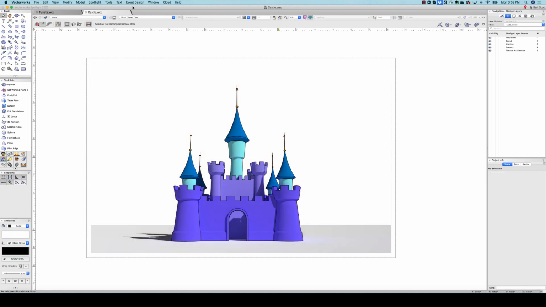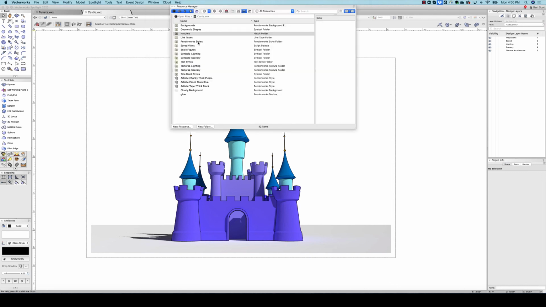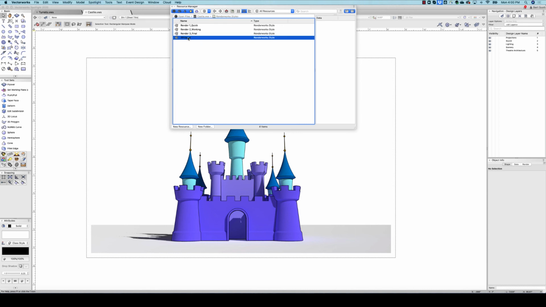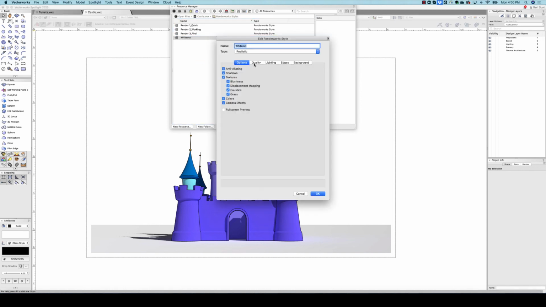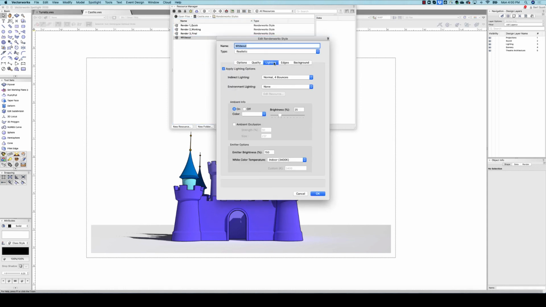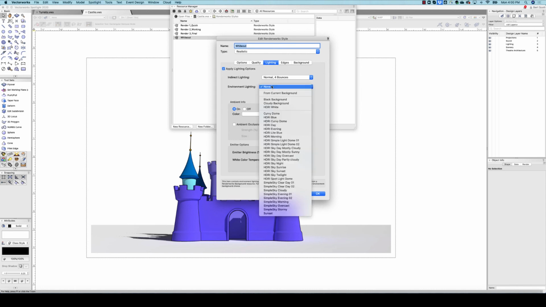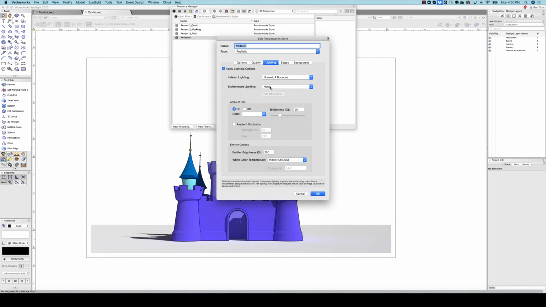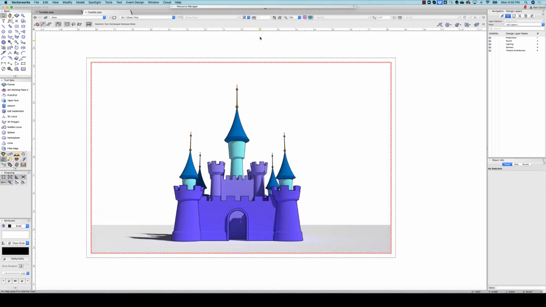So before you do the final render, open the resource manager and open RenderWorks styles, find whiteout, right click on it, edit it, go to lighting, and change environmental lighting from current background to none, which will keep all of the white light surrounding the castle from lighting up the castle too much. And then just click OK, and then you can render the